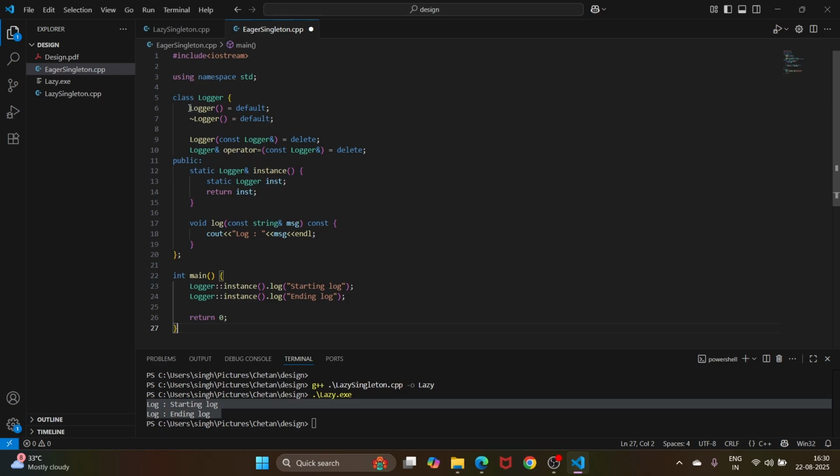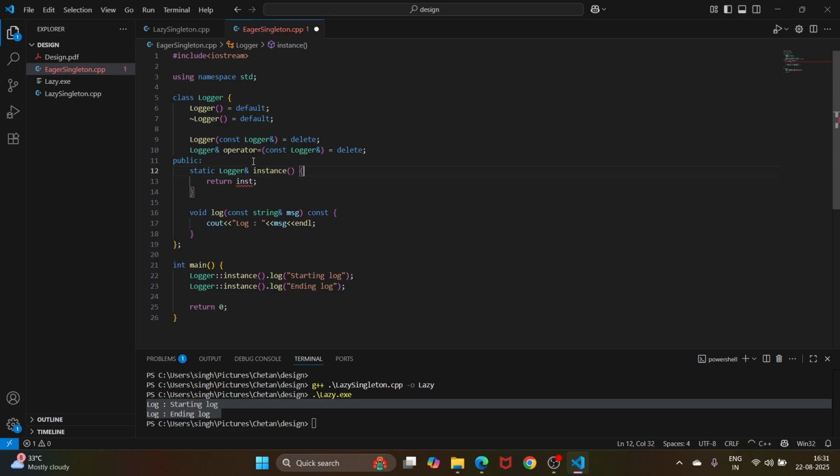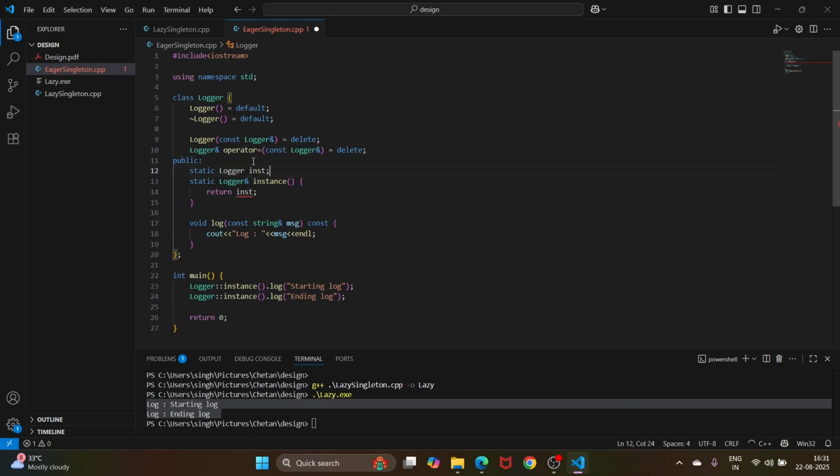Since the functionality of a singleton class will remain the same, it means that the private section of the logger class is going to remain the same. There's no change in it. The only place that is going to have changes is the initialization of the inst variable. So I'll not define it here. What I'll do is make it a member of my class. So now when the code is compiled, the static inst will be created,